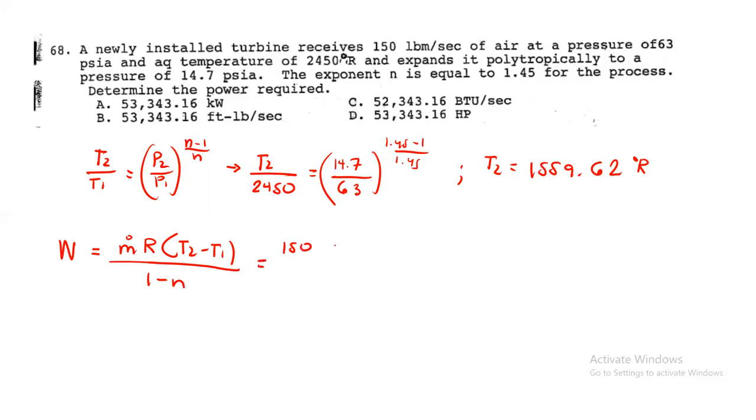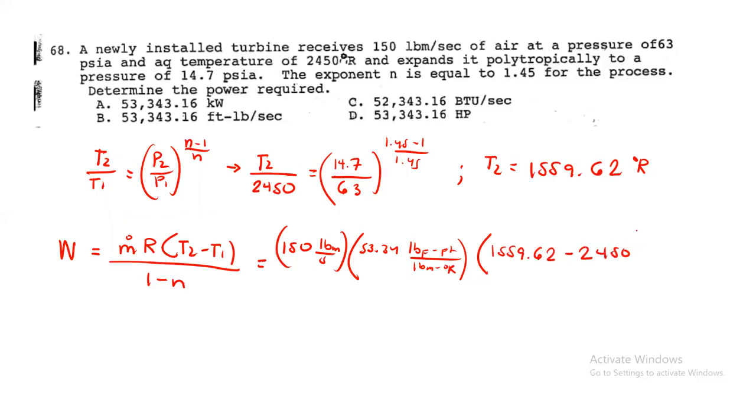150 pounds per second times R natin is 53.34 pounds of force to foot per pounds of mass to degree Rankine. So, ito, pounds of mass to. Then times T2. So, ang T2 natin is 1559.62 minus 2450 degree Rankine divided by 1 minus 1.45. So, makancel dito degree Rankine, pounds of mass. So, matitira dito is pounds to foot per second. So, i-convert pa natin into,